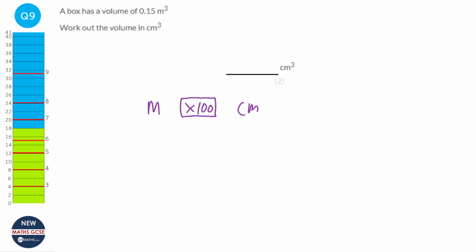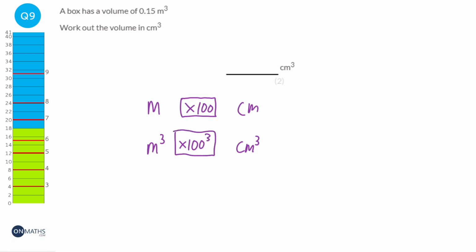But here we're asked to convert between meters cubed and centimeters cubed. So we times it by 100 per dimension. Meters cubed and centimeters cubed is volume, which is 3 dimensions. So what we do is we times it by 100 three times, times 100, times 100, times 100, or times by 100 cubed. So we get our amount, 0.15, times it by 100 cubed, and that will give us 150,000. So our answer is